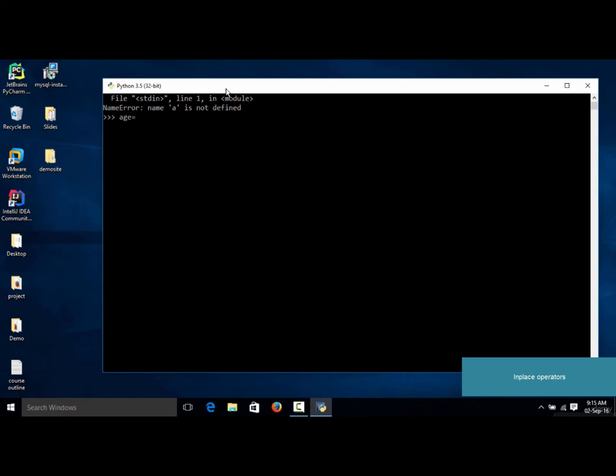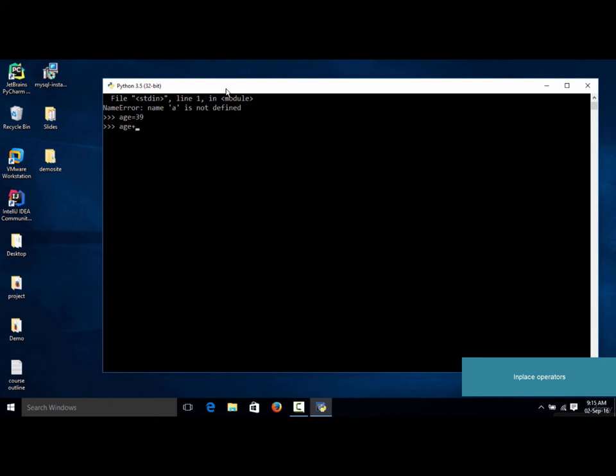So let's say the age of a person is, let's say, 39. So if you hit enter, this means that the value of 39 gets stored into age. Now, on each and every birthday, what we need to do is that we actually need to upgrade, or increment, the age of this person by a value of 1. Now, what you need to do to increase the value of age is that you simply need to type in age